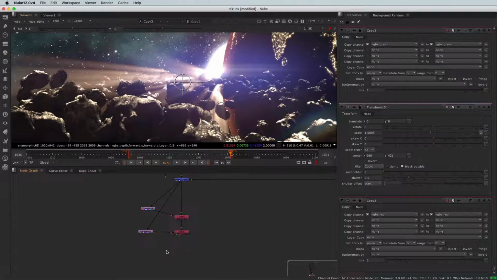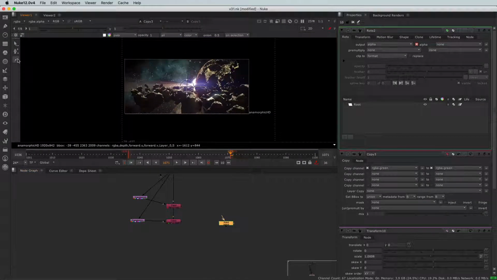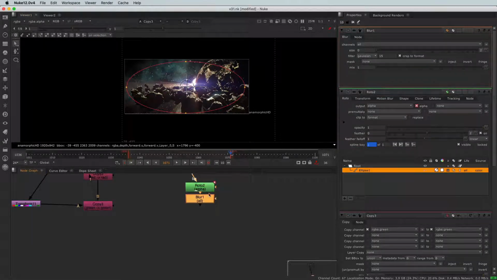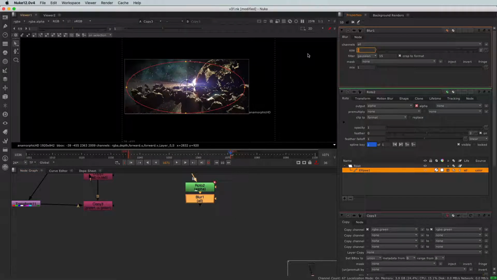All right, now let's add a vignette. For that, I will create a roto node with the O key, and I will draw my roto all around the shot. And I will blur that roto. I will create a blur node after the roto with the B key, and I will put a big size